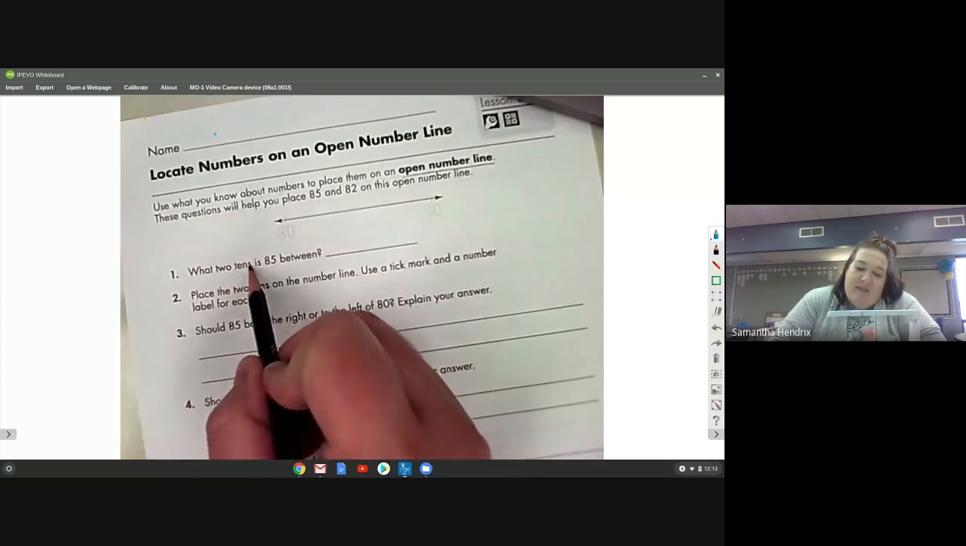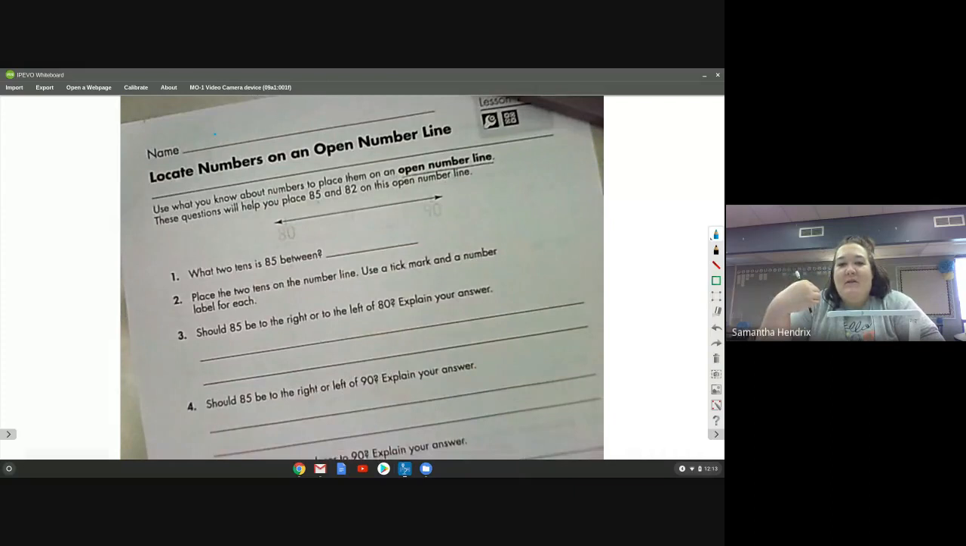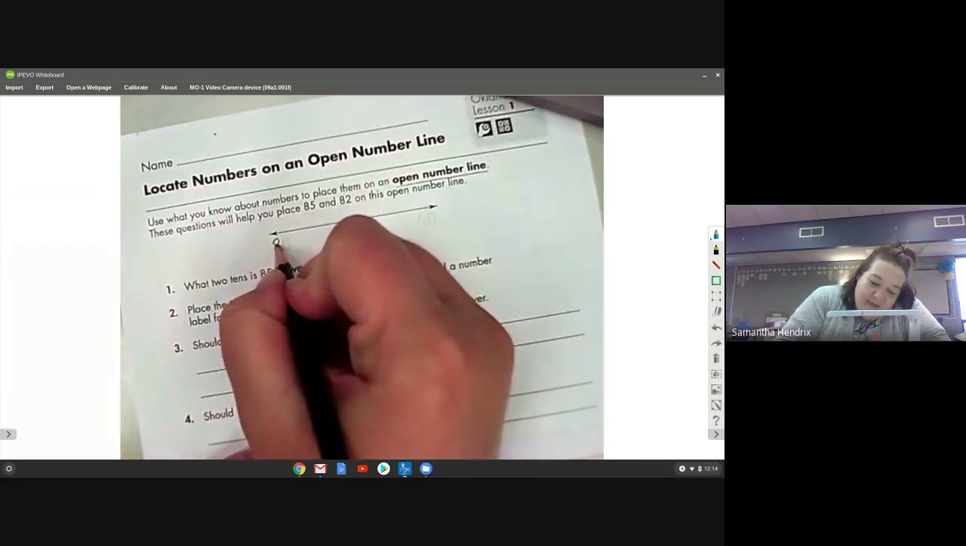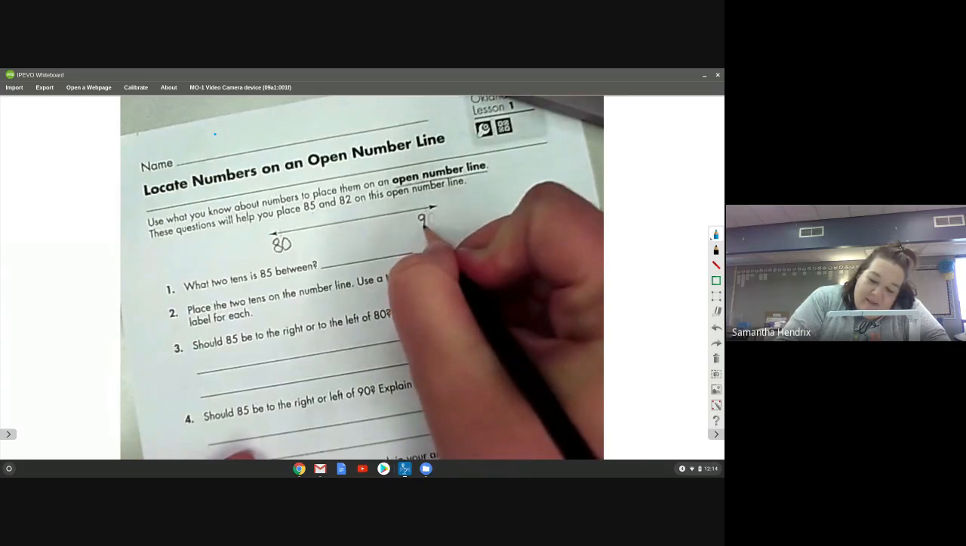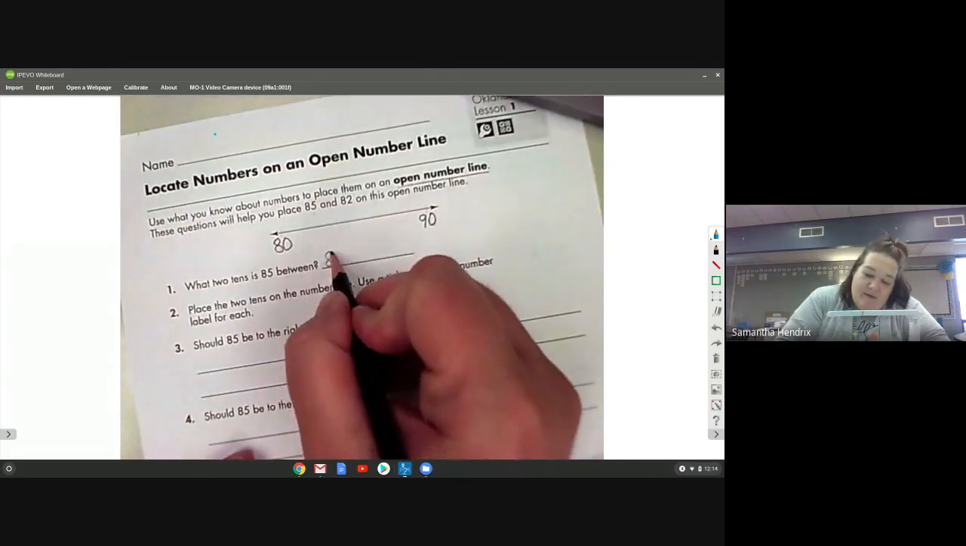So what 2 10s is 85 between? So if we went down to the what word am I looking for? Down to the nearest multiple of 10 and up to the nearest multiple of 10. There we go. It would be between 80 and 90. Okay? So we're going to write